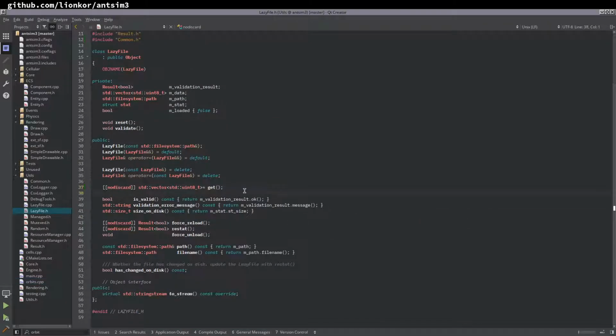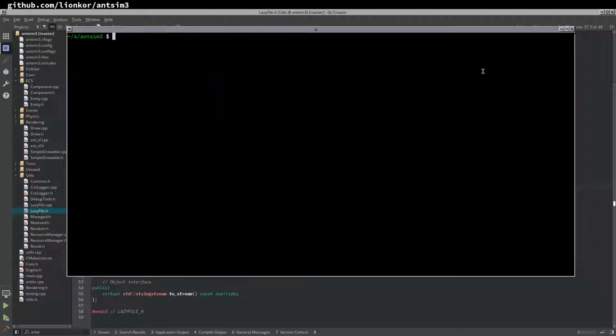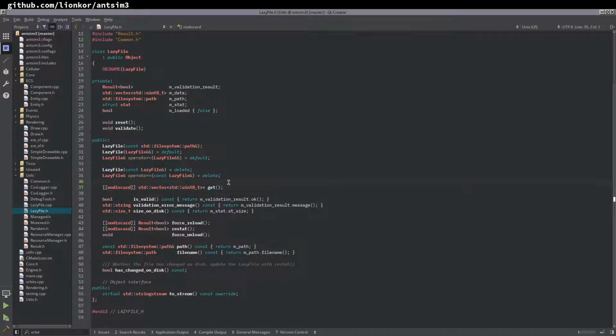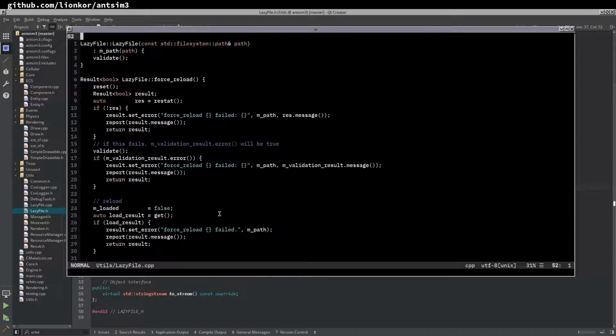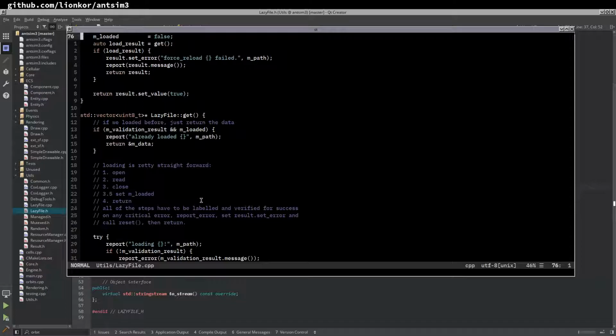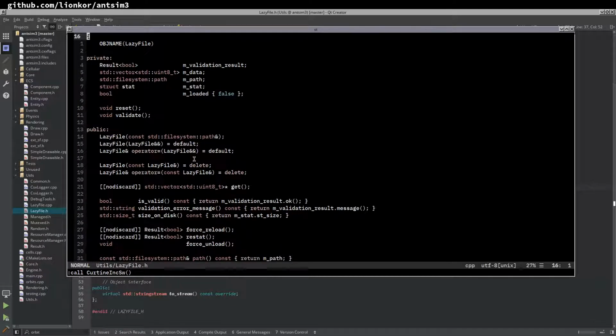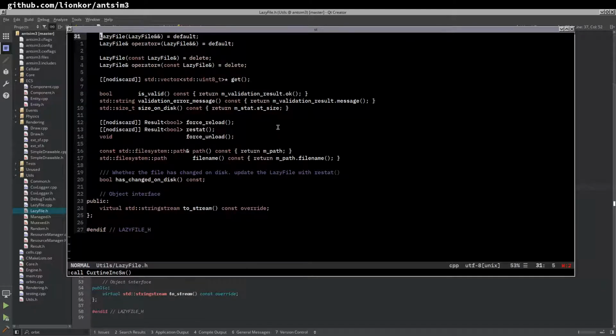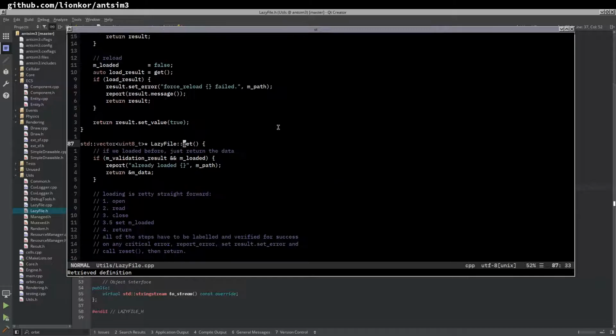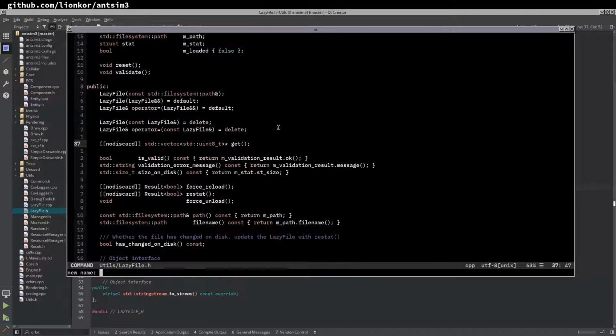Let's rename the get method. That's just kind of stupid, right? Can we rename that? Okay, I have to do that in a different way. For some reason, Qt Creator doesn't let me rename anything anymore. Something weird happened there. So that's a new tools lazy file. Let's use Vim instead. Right here and right here. Okay, that one I want to. Oh no, that's not what I wanted to do. I wanted to rename this to like